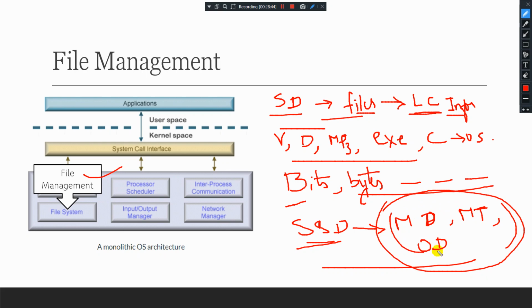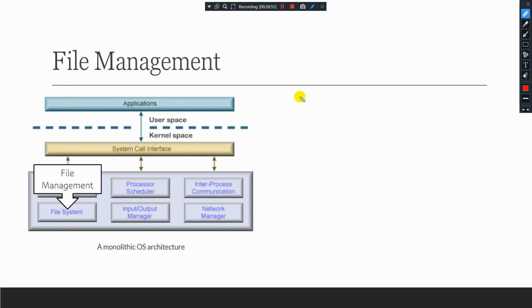We will see some operating system activities in connection with file management. First, it creates and deletes a file.